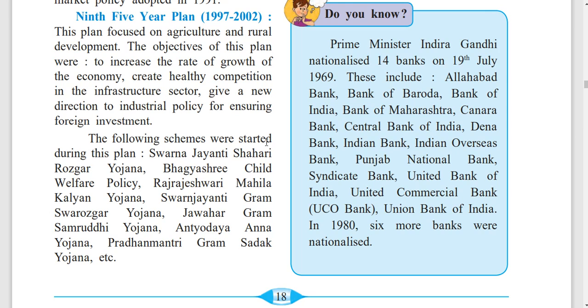The following schemes were started during this plan: Swarna Jayanti Shahri Rozgar Yojana, Bhagyashree Child Welfare Policy,